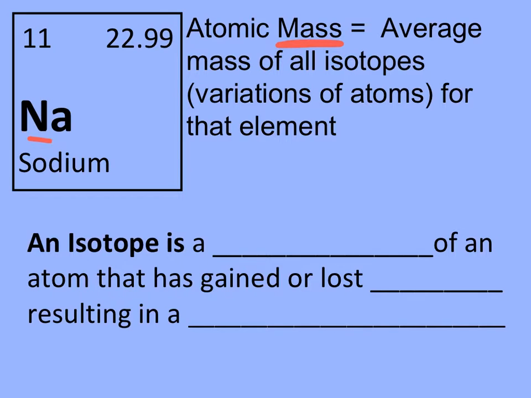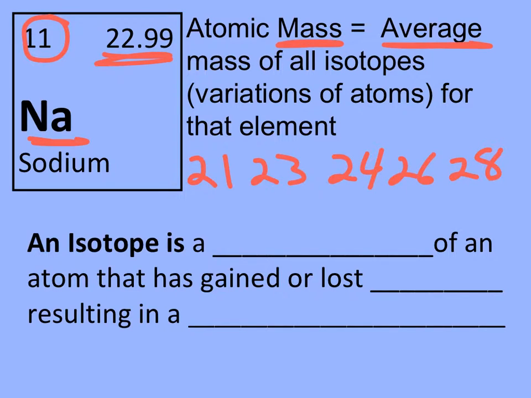So for example, sodium has 11 protons, but it's got an atomic mass of 22.99. And the reason for that is because it's an average. It's an average mass of all the isotopes. Some types of sodium can have a different weight or a different mass. It might have 21, 23, 24, 26, or 28. All these are different possibilities of the same type of element. Okay? If it has 11 protons, it's always going to be sodium, but it can have a different weight, and